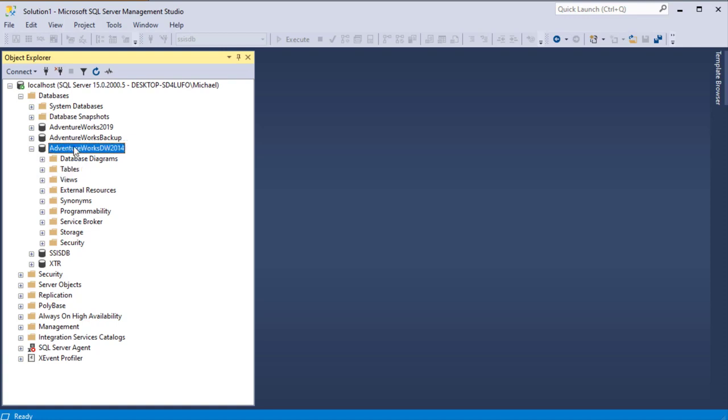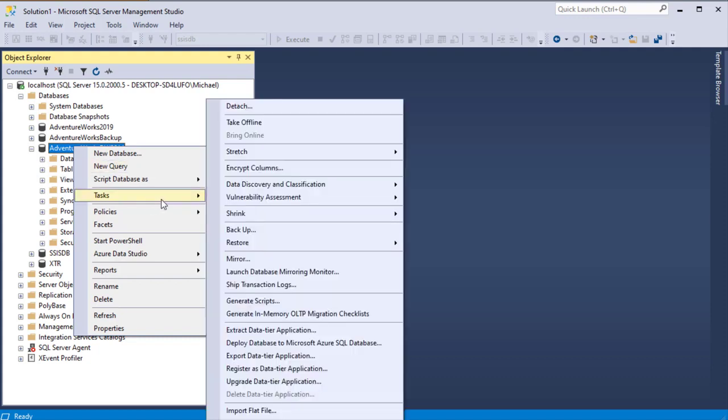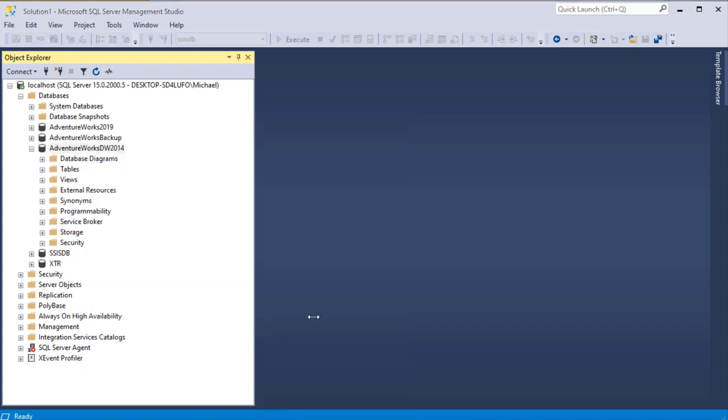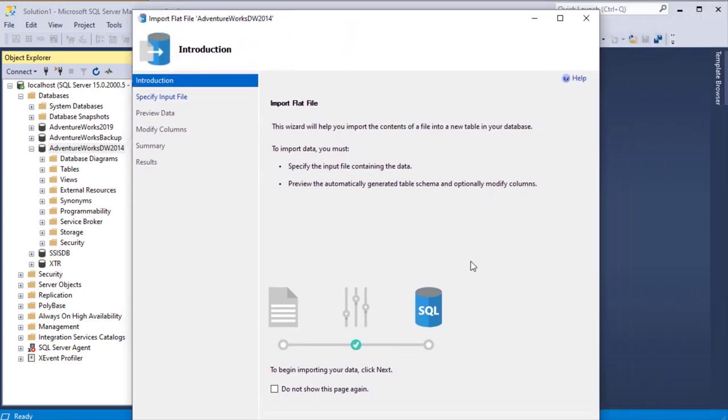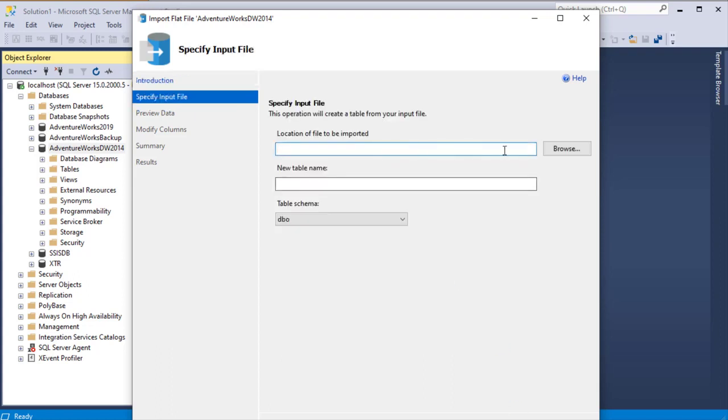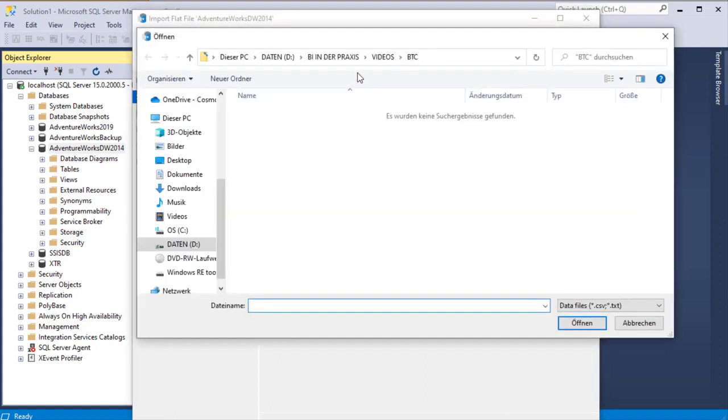So doing a right click on the database, under the tasks, I have an action for importing data. I use import flat file, and then I get this nice wizard,